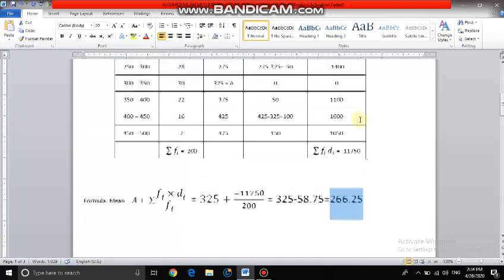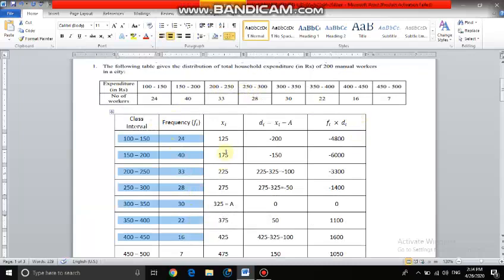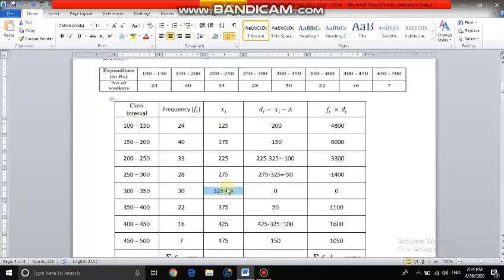Understood? So what you have to do here is, first you have to convert the given table into vertical columns. Then you have to find Xi. Then you have to find Di. For finding the Di, the formula is Di equals Xi minus A. How do you choose this A value? It is the middlemost number from the top and the bottom. For example, if there are 7 numbers, the fourth number will be the A value. If there are 9 numbers, the fifth number from the top, or from the bottom, will be the A value. And if you have 11 numbers as Xi, then the sixth number will be